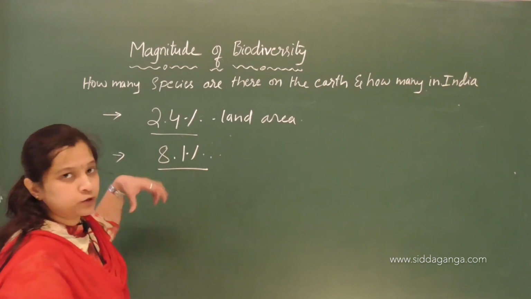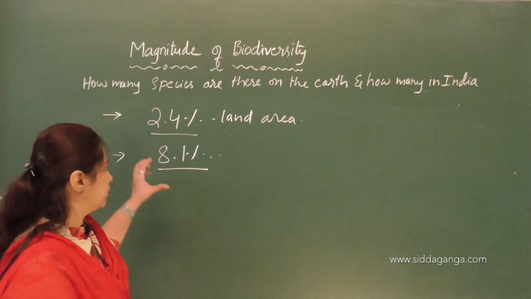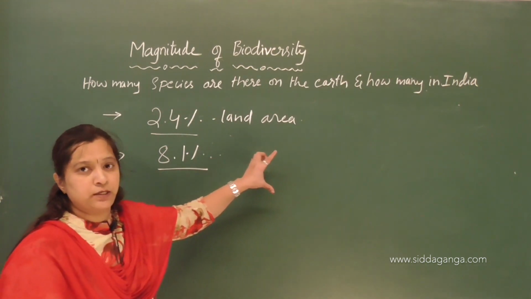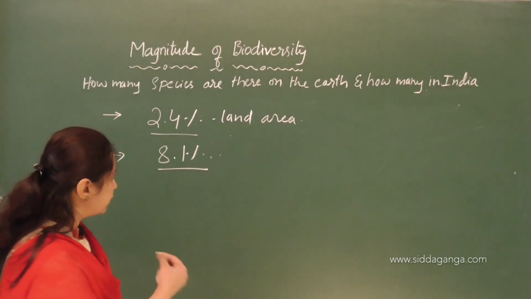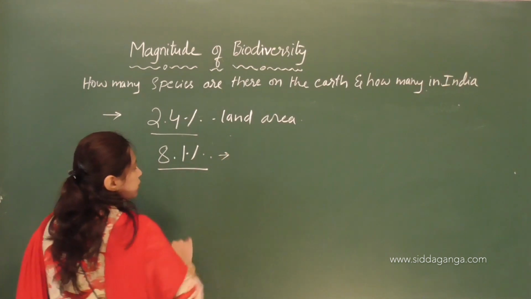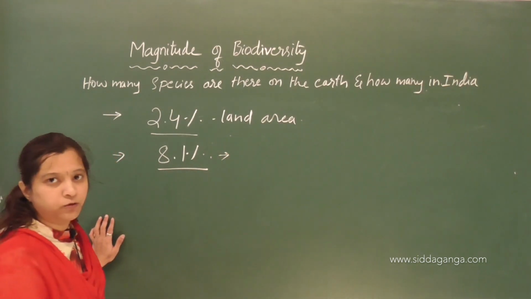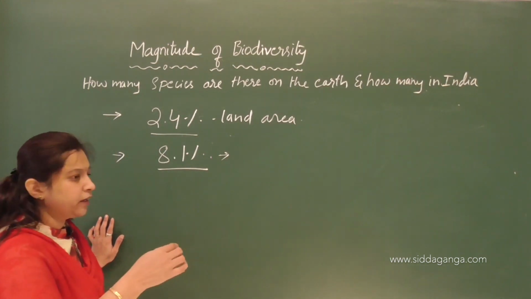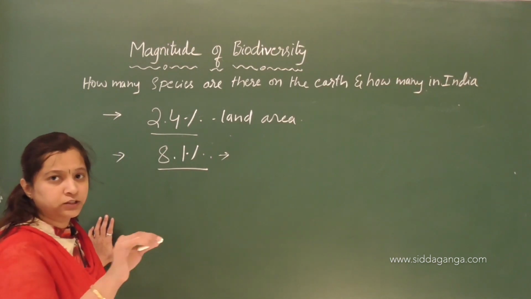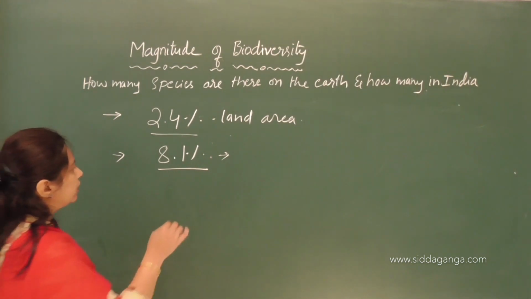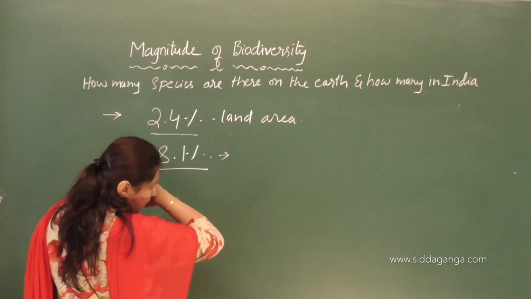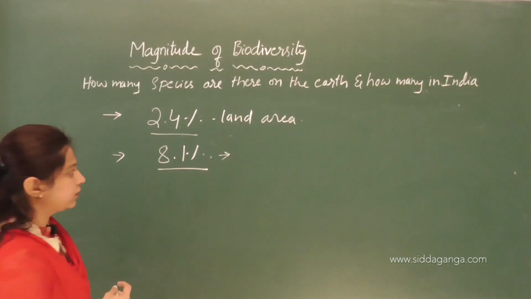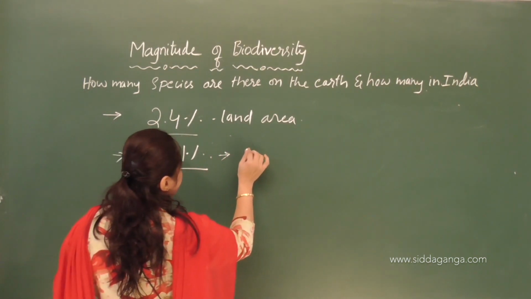It possesses a large number of plants and animals, that is 8.1% of the total species present on the earth. So we can say India has one of the richest biodiversities, because most of the land areas in India lie towards the equator. From this information we can say that India is one of the 12